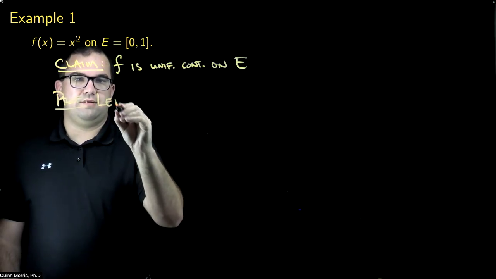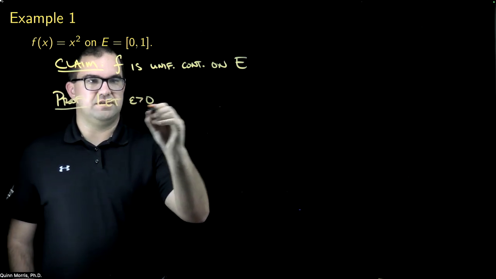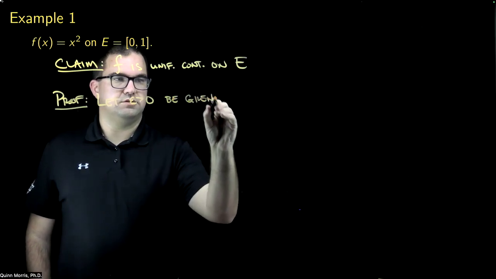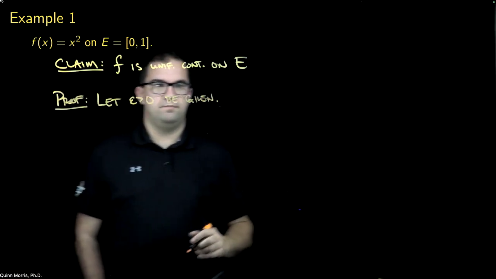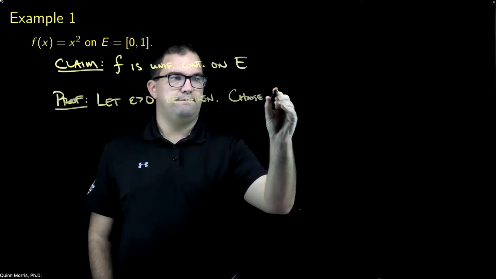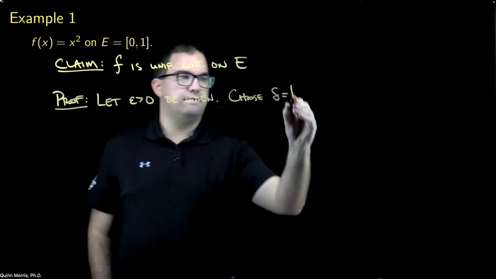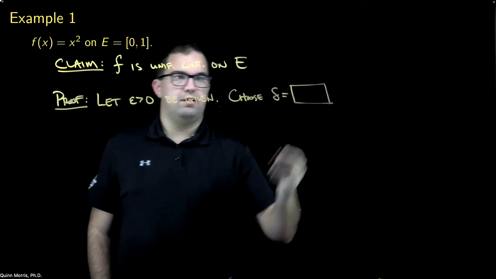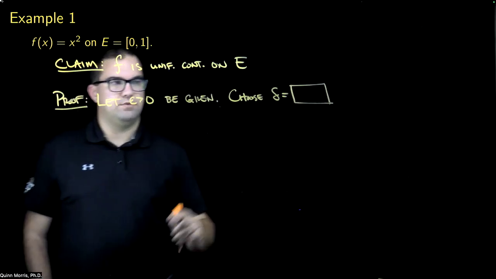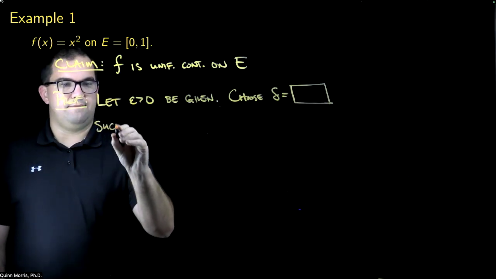Well, I need to show that for every epsilon there exists a delta, so I'm going to take an arbitrary epsilon greater than 0. Now I need to describe how I'm going to choose my delta here. I'm going to need to choose delta equal to something, as we've done before. I'm just going to leave that there for a second. Hopefully I'll figure out what that needs to be and come back to it. So choose delta equal to something such that